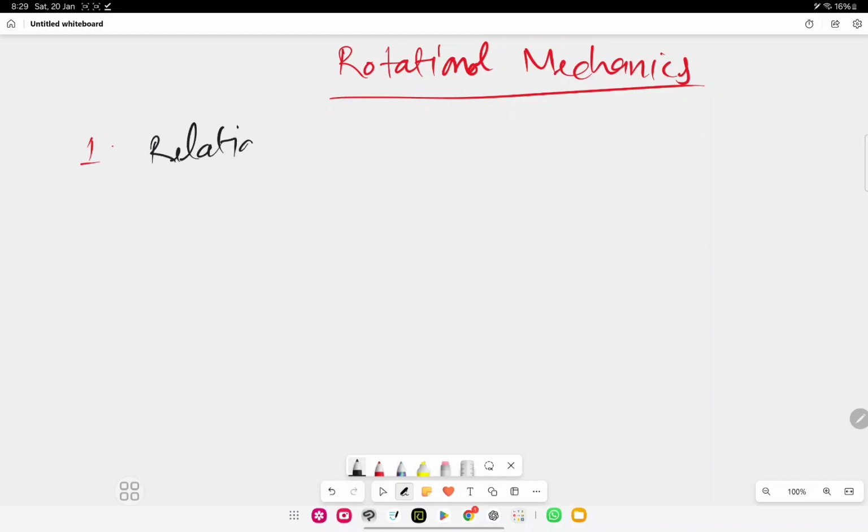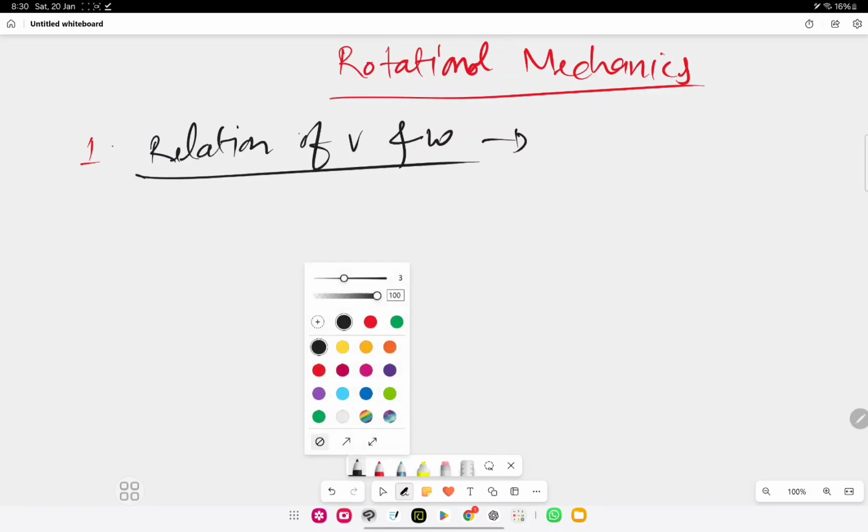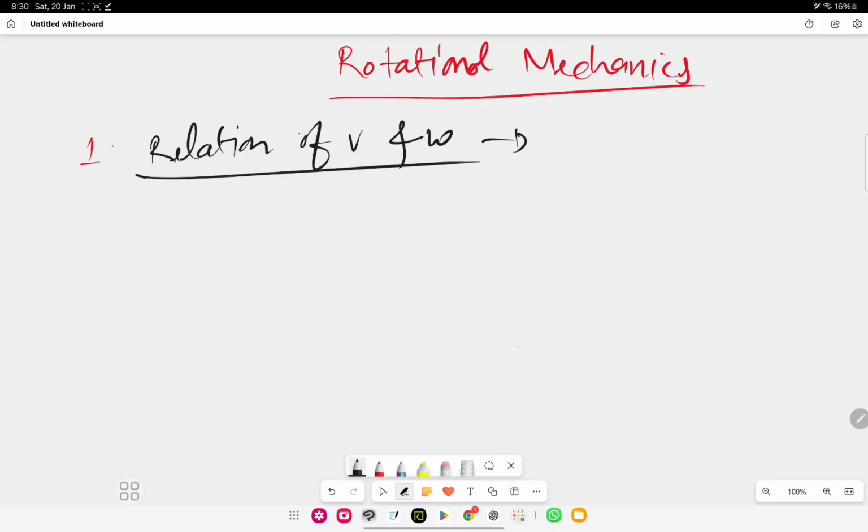linear velocity and angular velocity. Relation of V and omega. To understand the relation of V and omega, we are going to consider a rigid body. Let us assume this is a rigid body and it is rotating about the axis here with the angular velocity omega. And as we have studied already, angular velocity